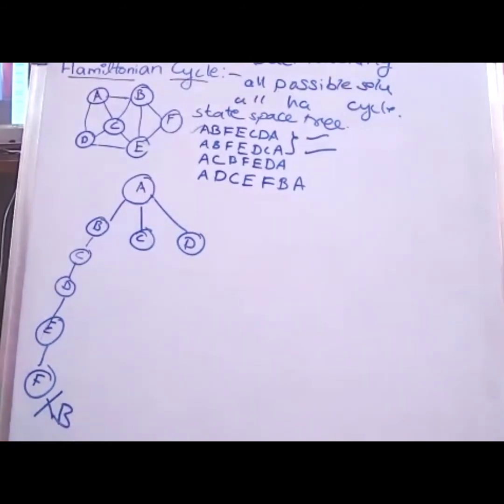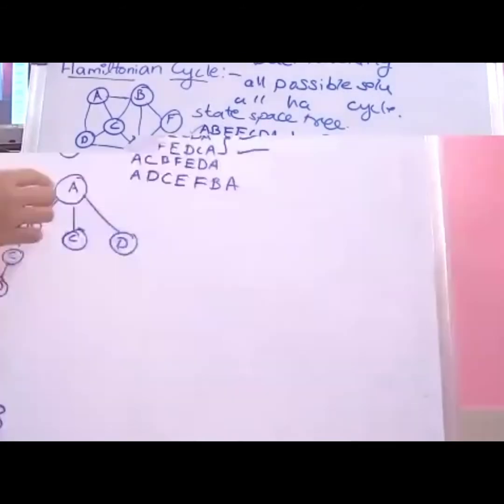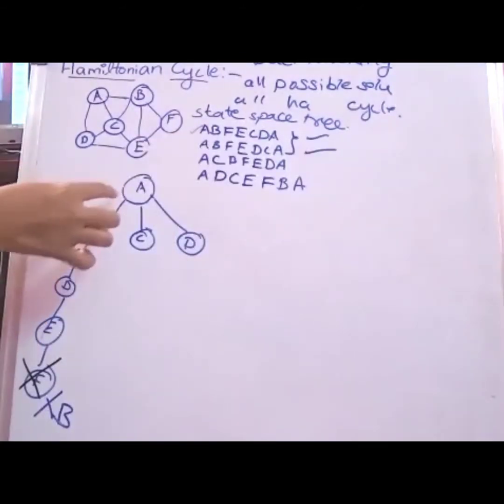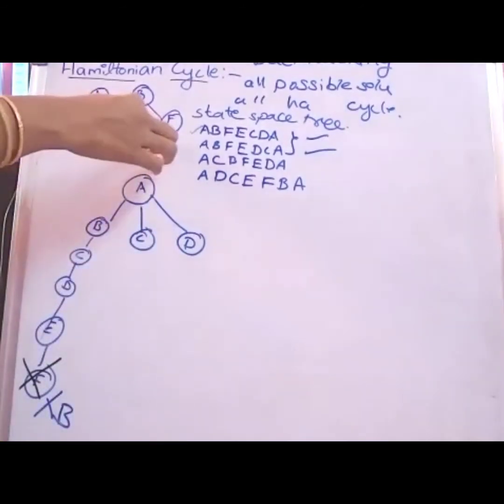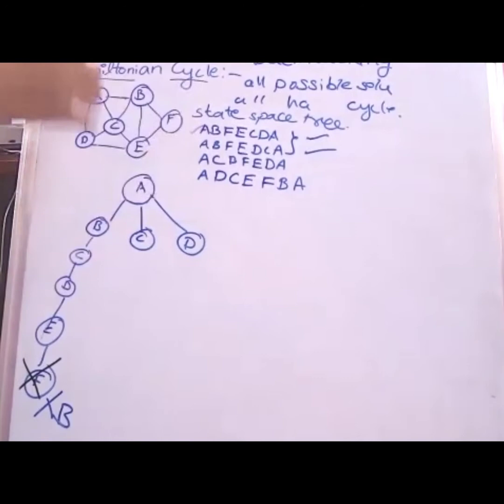What is my boundary condition? Starting from one vertex, it needs to visit all the vertices present in the graph, and after visiting the last vertex it needs to go back to the first vertex. But here from F to A there is no path. It is visiting all the vertices only once, that is enough, but the last rule is not satisfied. From the last vertex there is no path to the first vertex. So it is not a possible solution.